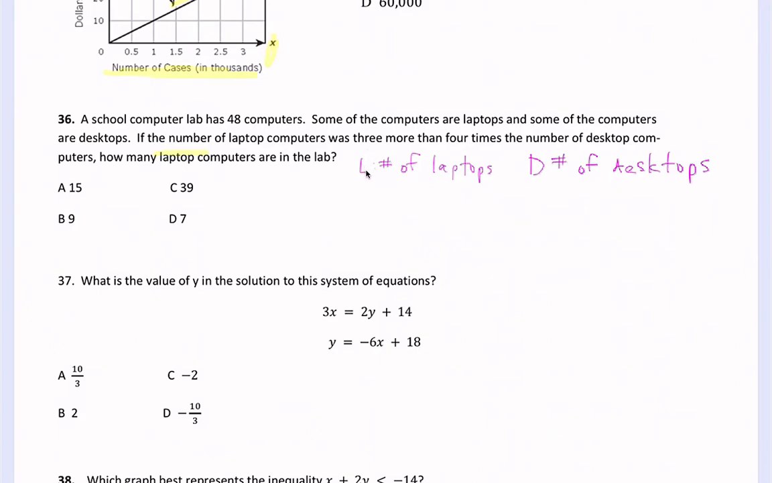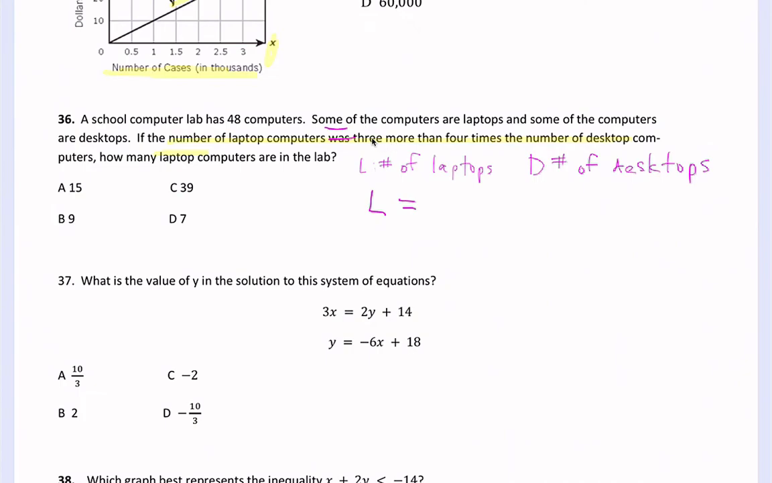So now that I've identified my two variables and labeled what they stand for, now we can write our two equations. So this sentence right here tells me the number of laptops was 3 more than 4 times the number of desktops. So I see that word was. By was, go ahead and put an equal sign. Is, was, has, it's all words for equal. So it tells me the number of laptops was. So laptops, we used L to represent laptops. Was, so laptops is equal to